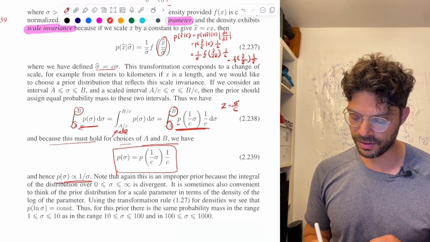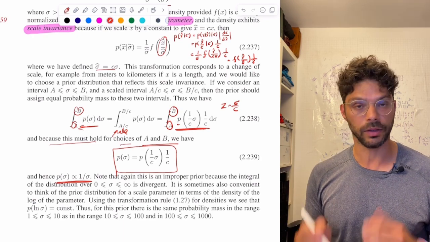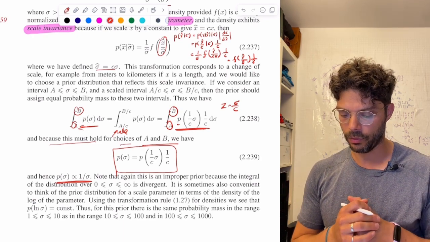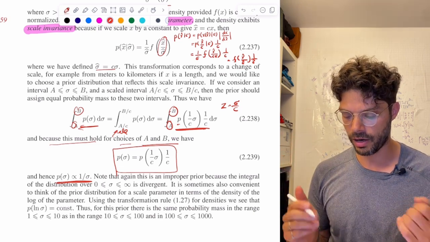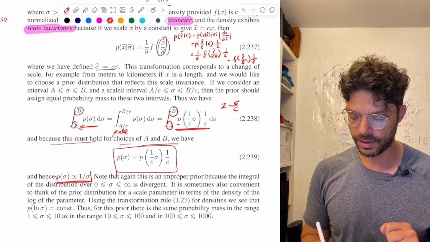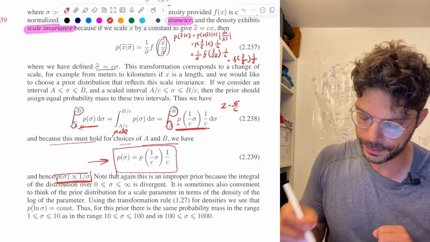And hence, this is the case. Okay, so it's not clear to me that this is the only solution. It might be quite obvious, but it's not clear to me. So all I will do here is just verify with you that this satisfies this property that we need. So let's just do that together.